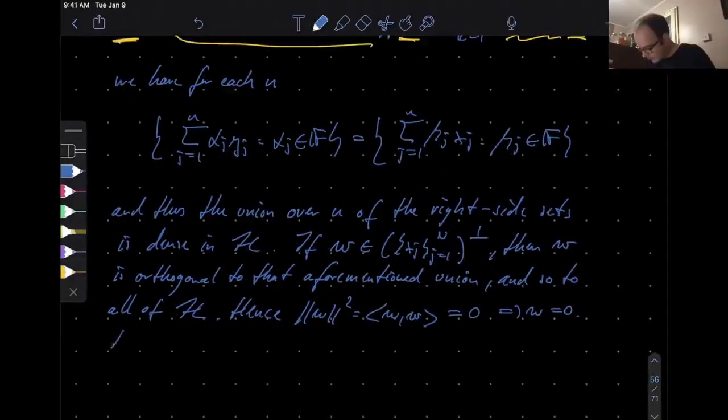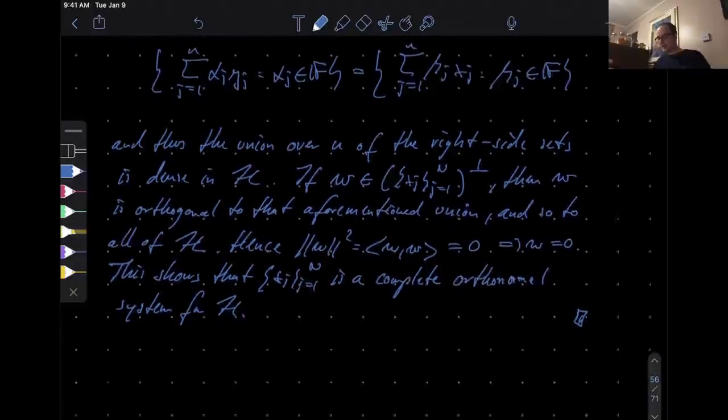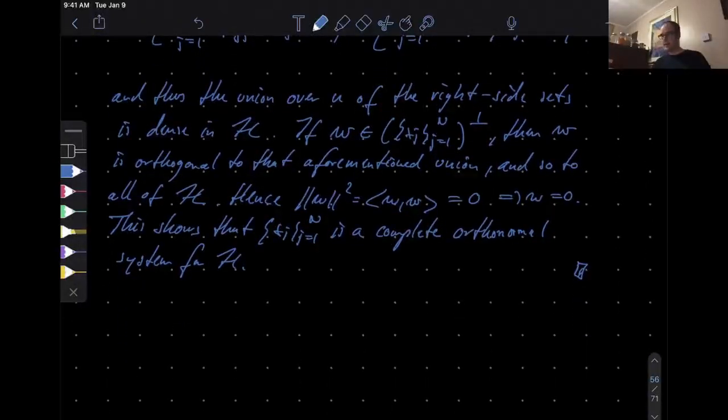Okay, let's write this down, then we will be done with this proof. This shows that the xj's, j from 1 to n, is a complete orthonormal system, aka orthonormal basis for H. Okay, that is that. That's the theorem. So Gram-Schmidt works exactly in the same way, with the same outcome as you know it from linear algebra. Now there's one thing outstanding in this section, and this is what I mentioned today